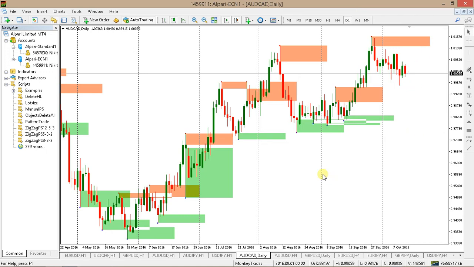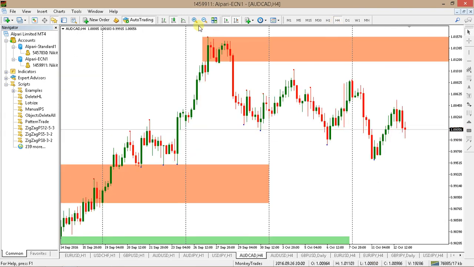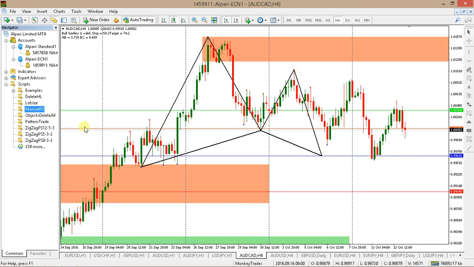Now let me switch to my trading timeframes to find some reasons for entry. The first time frame is 4 hour. If you remember, last week I posted this godly pattern. Let me draw it with the help of my pattern search tool to show it. It was this. You see, the blue line is the entry, the red line is the stop loss, the green line is take profit. It was consolidating a bit, then it hit my entry and went to my take profit. So in this part,